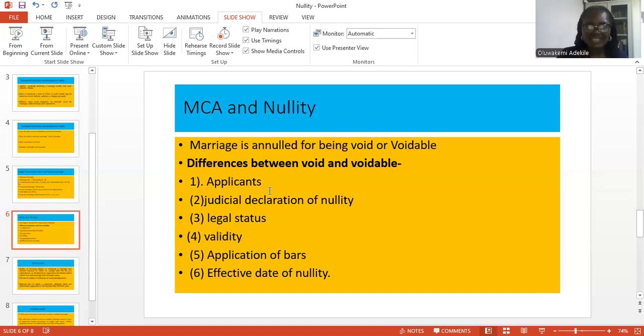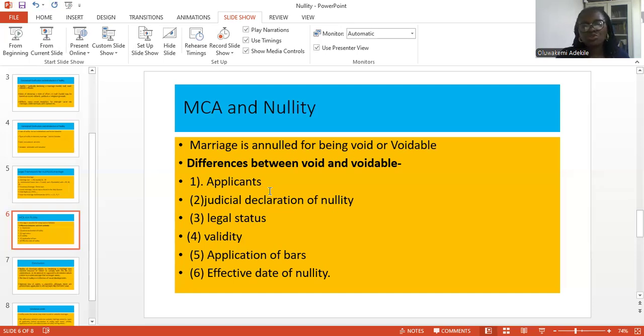Even when the parties are dead, somebody can apply to have a marriage annulled, because marriage usually has implications on the succession rights of people. So issues of nullity would usually arise. Issues of validity of a marriage would usually arise during, for instance, claims for succession and inheritance. In a voidable marriage, on the other hand, only the parties to that marriage would be competent to apply to nullify the marriage. And because we say that a marriage that is void does not even exist in the eye of the law.